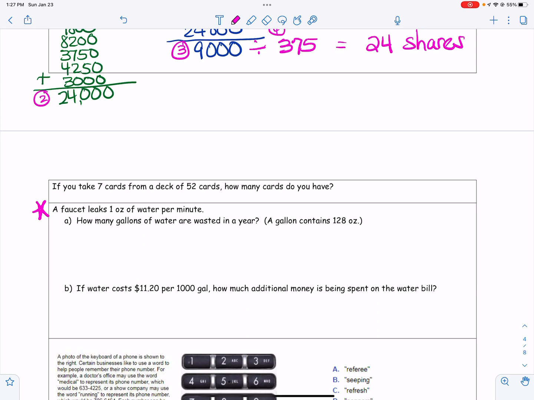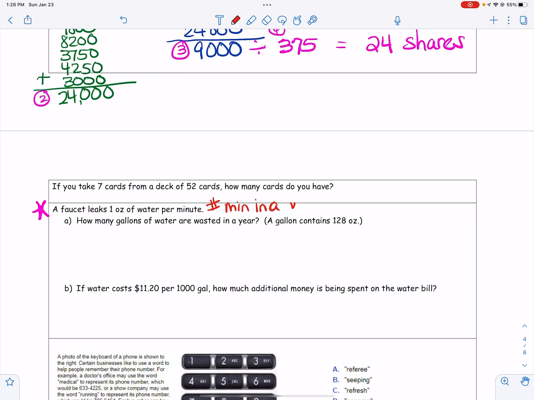This is a multi-step problem. The most important thing that you have to do is recognize that it gives you the leak in minutes, and the leak is in ounces, but it's asking you for gallons in a year. So the first thing that you're going to do is find the number of minutes